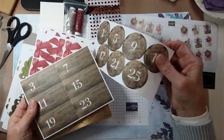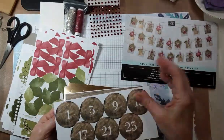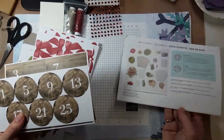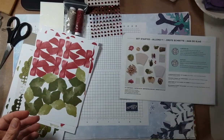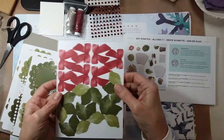Honestly, I'm a little surprised that they didn't make 25 a little more of a to-do, like on the gold, but whatever. Anyway, so those pieces you may end up using for something different, okay? I'm going to set them back in the box for now, because for what I'm doing tonight, I'm not going to need them. All right, so we also have some,